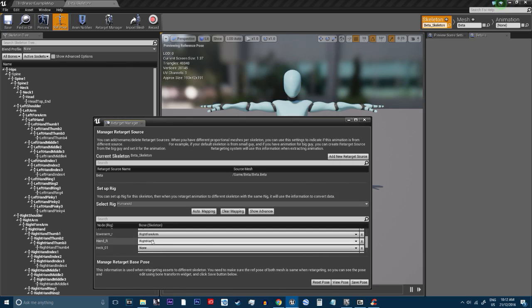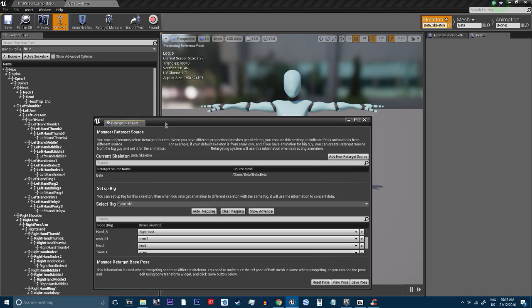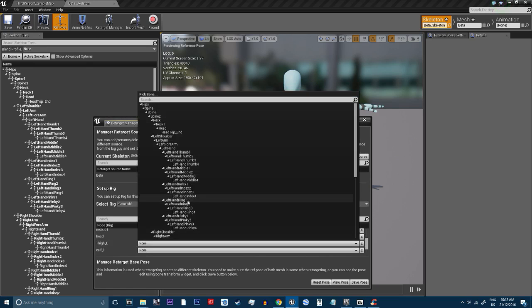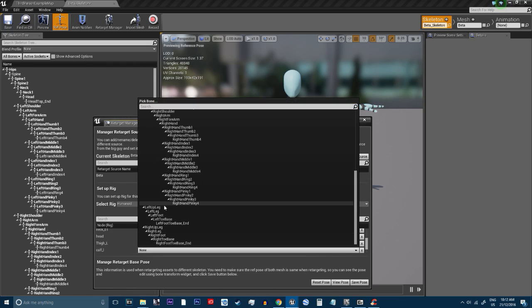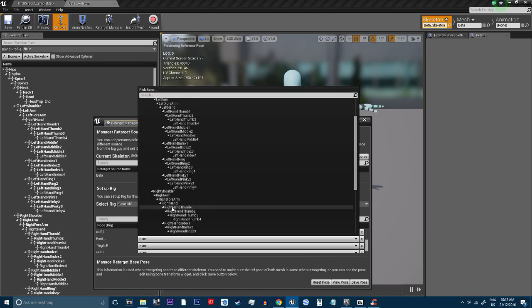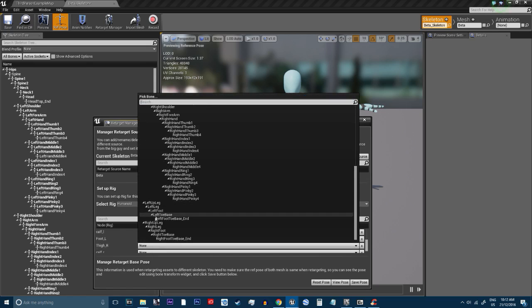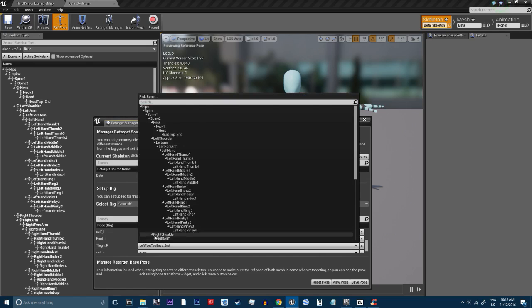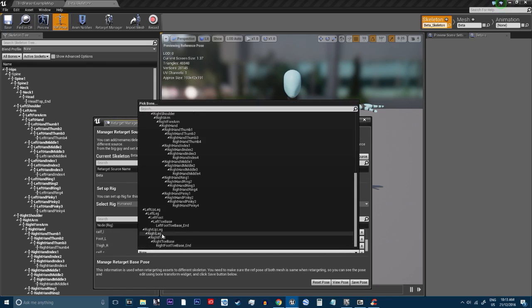It's pretty basic. Neck 01, I normally choose neck 1 or neck, and then head is automatically selected. Thighs are pretty obvious. Left up leg, left leg, and then left foot. And then you do the right. Right up leg, right leg,